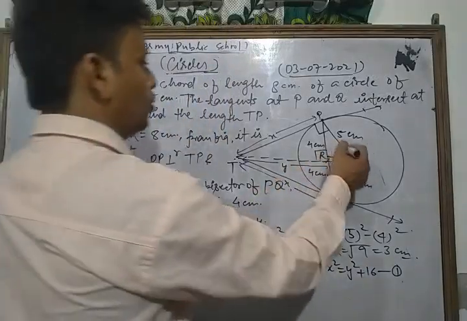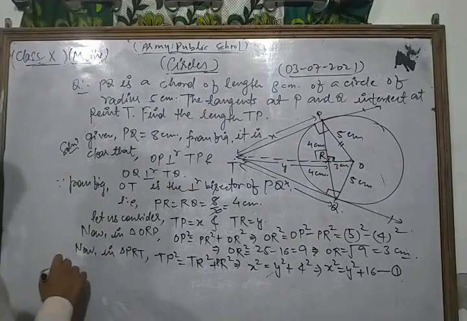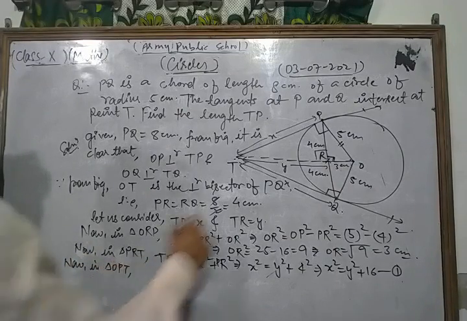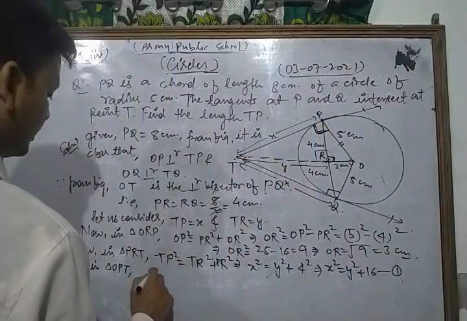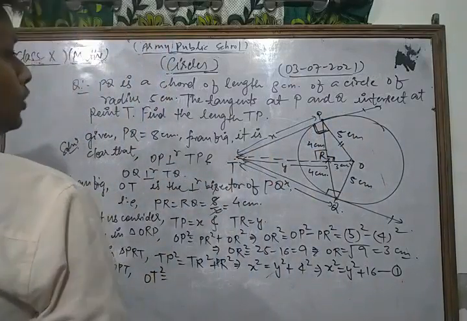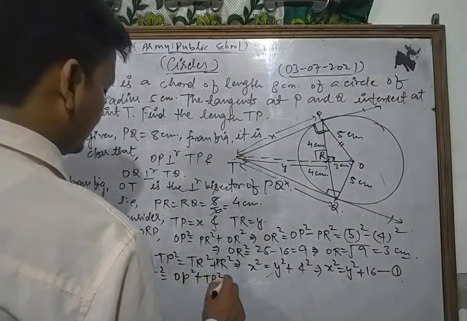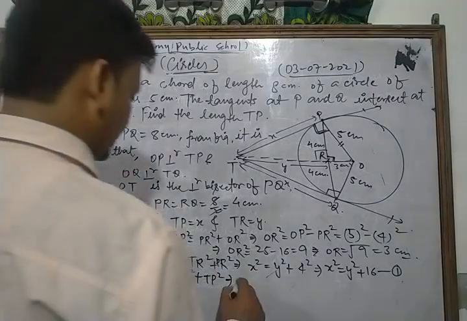Now in triangle OPT, this is the 90 degree, so hypotenuse is OT, OT square is equal to OP square plus TP square. So look, OT square is equal to